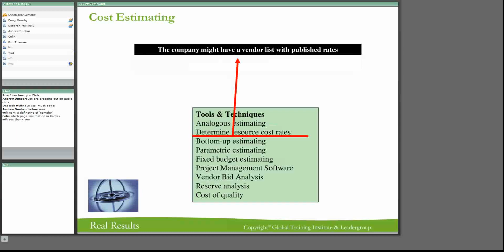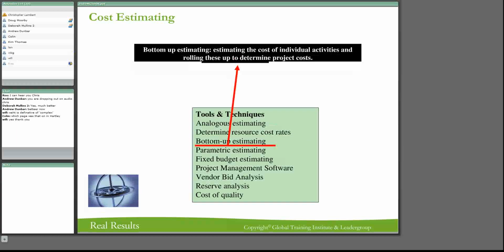The next one that we're going to look at is the bottom-up estimating. Bottom-up estimating is the most accurate of all of them. And it's what you're going to do in detailed planning. This is where you do the detailed planning. You go down to every